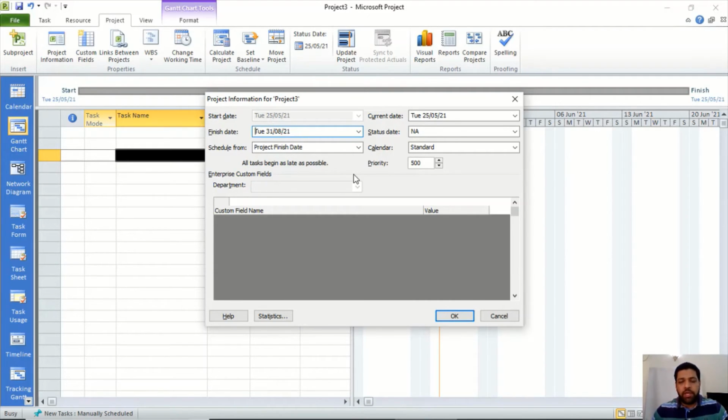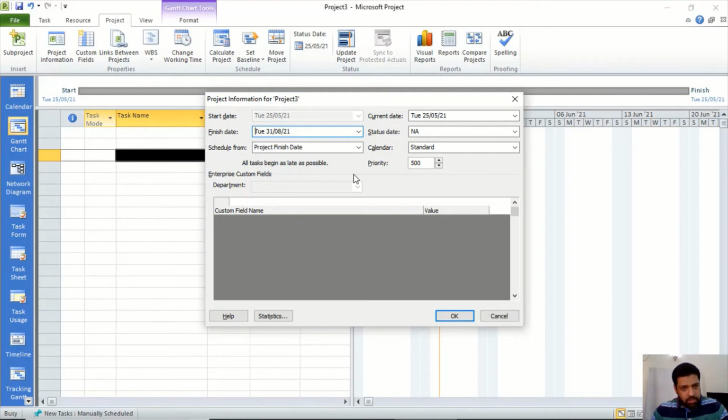The only difference is you enter the activities as they are, you enter the deliverables as they are, the sequencing as it is, the duration as it is. Microsoft Project will calculate the schedule and give you the start date of your project. It will tell you that if you want to finish your project by 31st of August, you should start your project at this date.